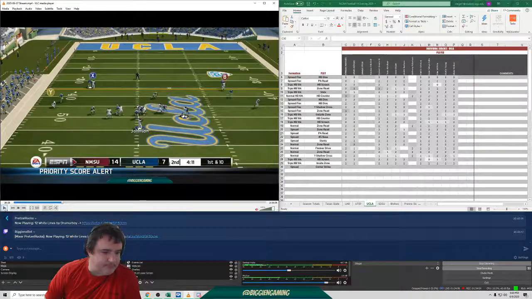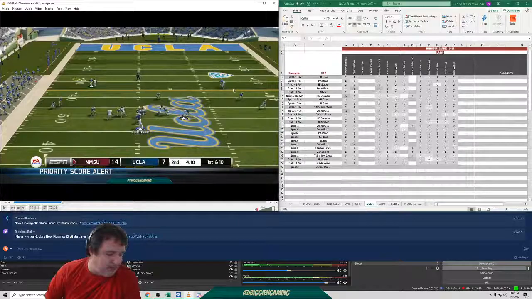Now, technically, I probably could have thrown it out here to Downs. But again, I've already made my decision. I'm throwing it here. I've got to live with that decision. I don't trust the deeper ball to the outside on this side. That's really far. Look at the distance that ball is going to have to travel. It's a lot more susceptible.